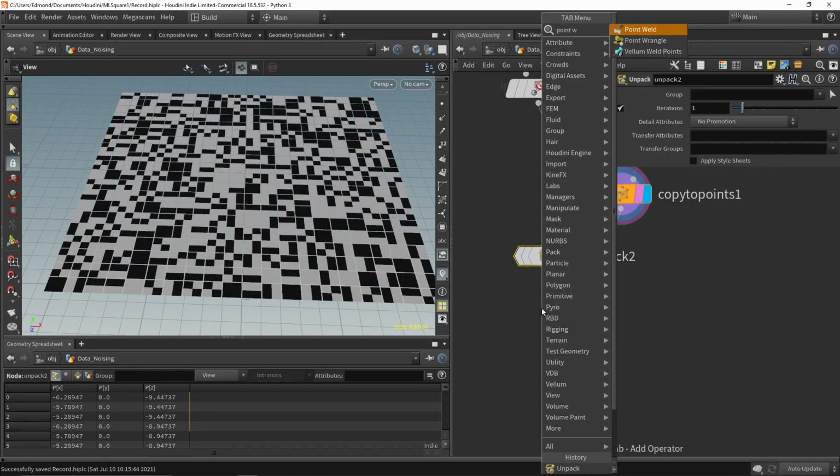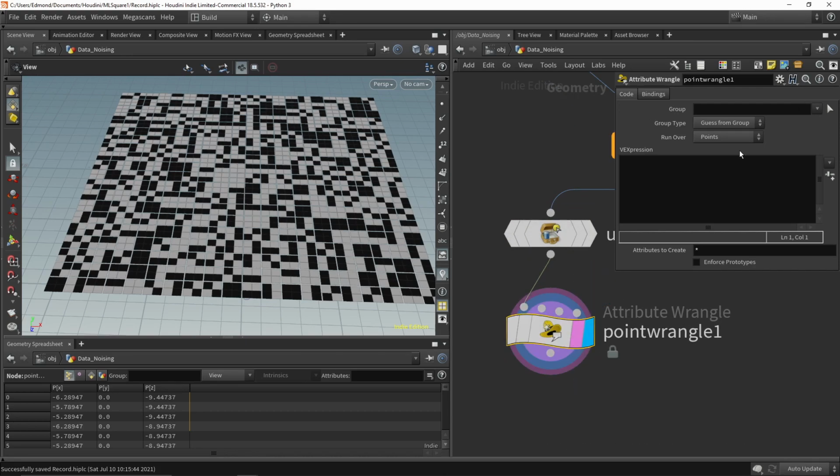We unpack the grid and use the primitive wrangle to apply a noise to the Cd attribute. We want to either add or subtract the noise based on the color of the primitive to keep all the values between 0 and 1.